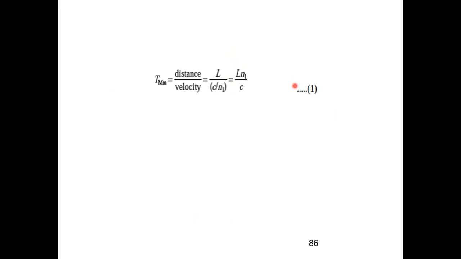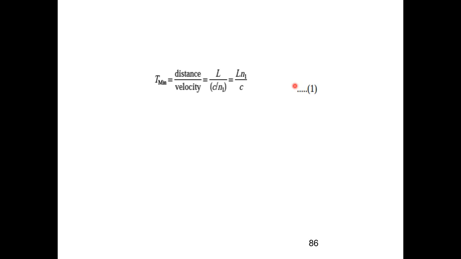Now we are writing N1 and C for the first time. Whenever you are introducing a term for the first time, which you usually don't do, but which is a requirement of doing a derivation, you need to write what that term is. N1 might mean something to you, I might mean N1 as something else. So you write down where N1 is the refractive index of the core and C is the velocity of light in vacuum. So this is with respect to the axial ray.